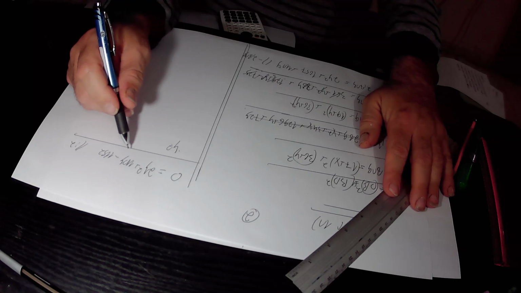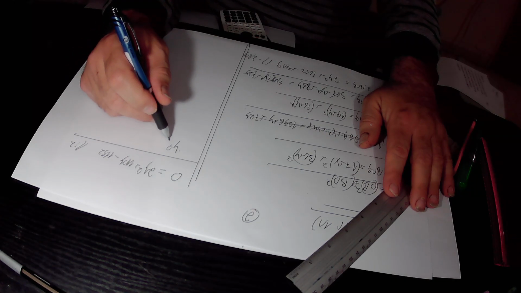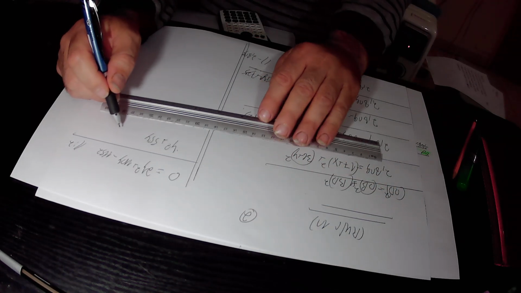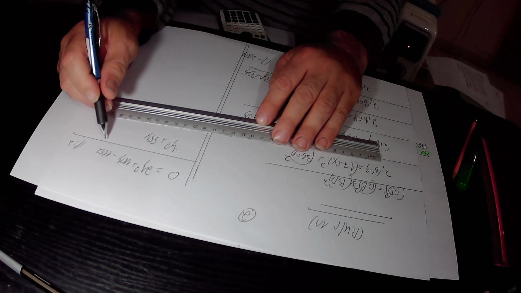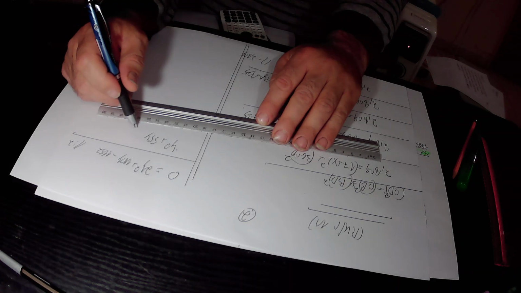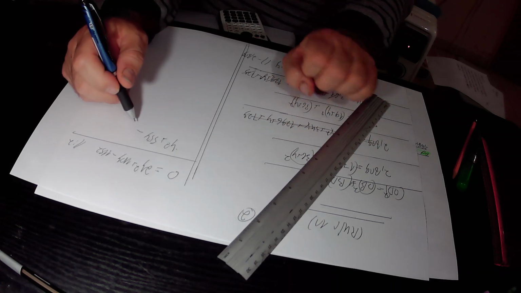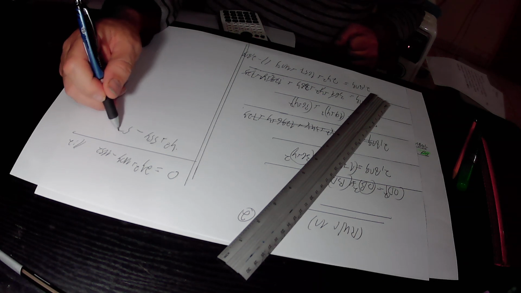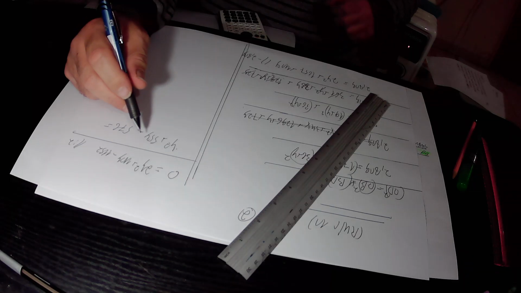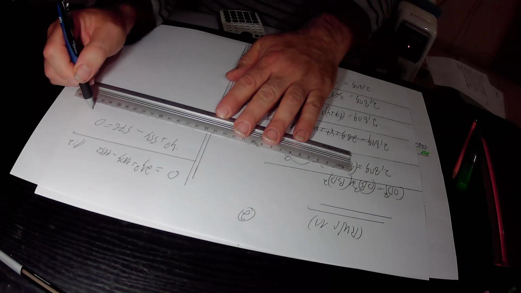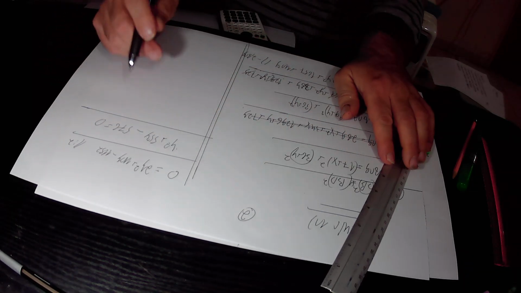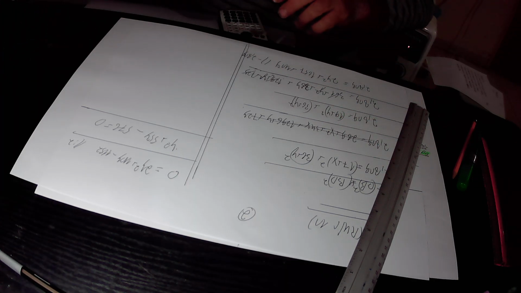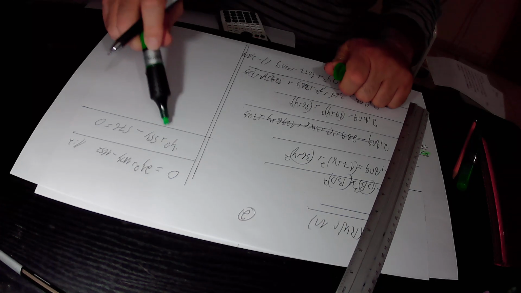We have 110y over 2 is 55y, minus 1152 over 2 is minus 576, equals to 0 over 2 is 0. So in total we found out that y squared plus 55y minus 576 equals to 0. This is a quadratic equation,